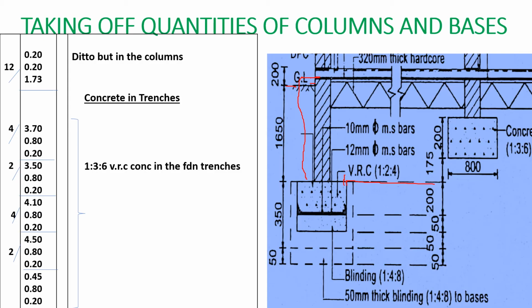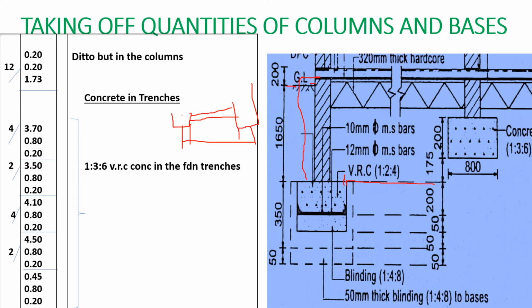Where we had excavated is where we are putting our concrete, because the other part, if we had our column base like that, and then this is our trench, and then this is our column base. Now this part here, we had our measurement from here up to here, that one. So this part here has already been concreted, has already been taken by the bases. Now let's use the measurement of excavation, and then the depth of the trench is 800, the width is 800,